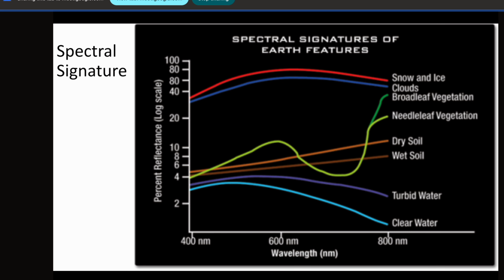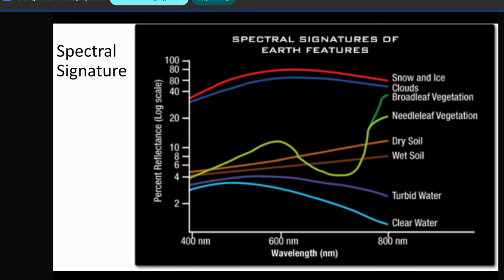Not a tough thing. In this wavelength region you are able to see, the x-axis is your wavelength, 400 to 800 or 900, the visible region. Snow and ice will have very high reflectance. Why high? If I take RGB, all are high, and all high means white, which is why you see snow and ice as white.